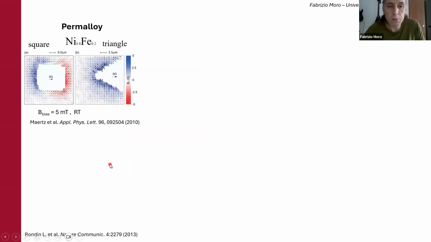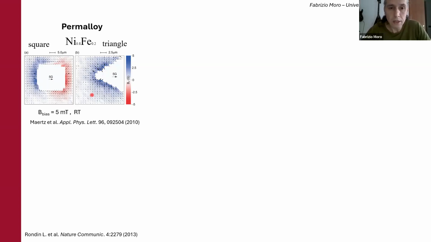And this method has actually been employed to study a variety of materials in condensed matter physics, like, for instance, permalloy, where, similarly to the early experiment of Michael Faraday to visualize the magnetic field around a permanent magnet